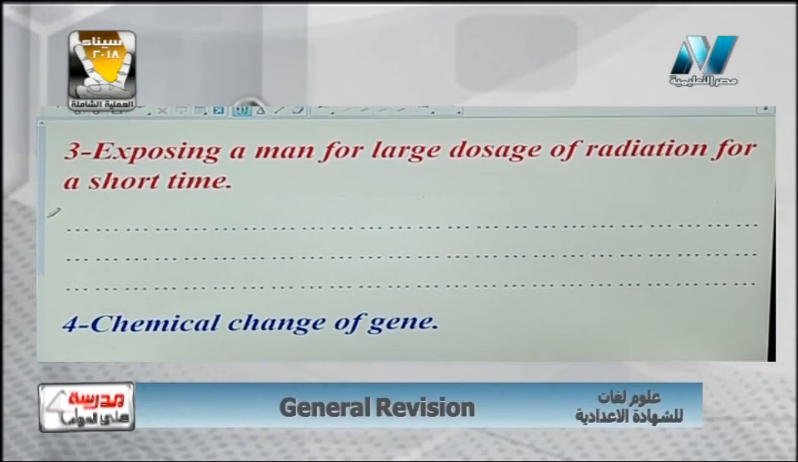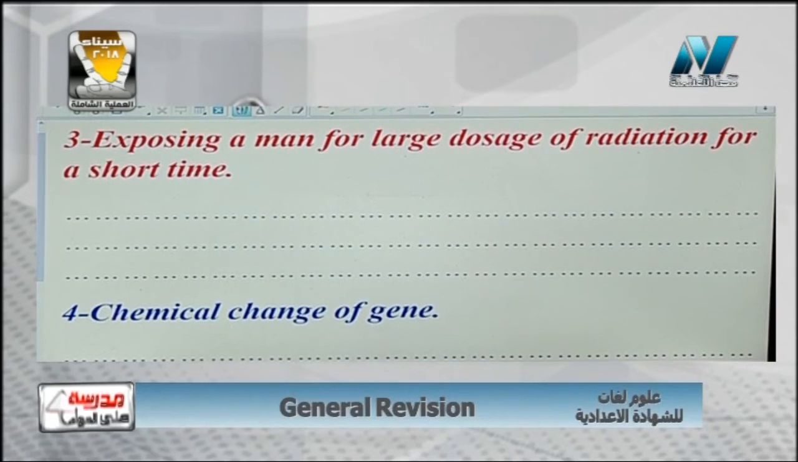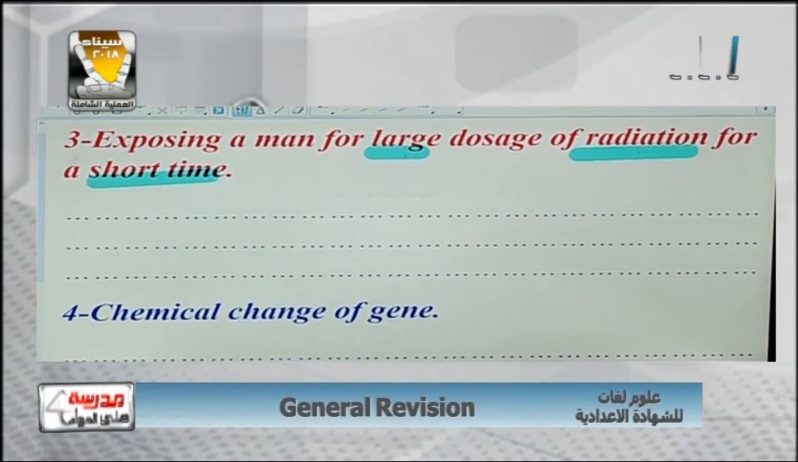Number 3 says: exposing a man to a large dosage of radiation for a short time. If a person is exposed to a large dosage of radiation, but for a short time, what will happen to him? Of course, many